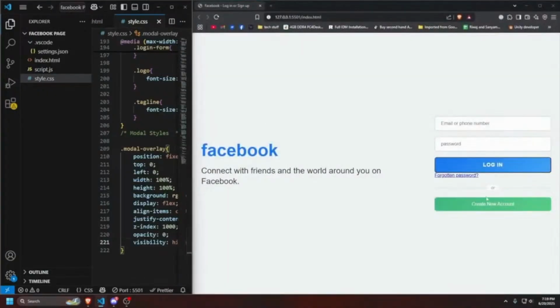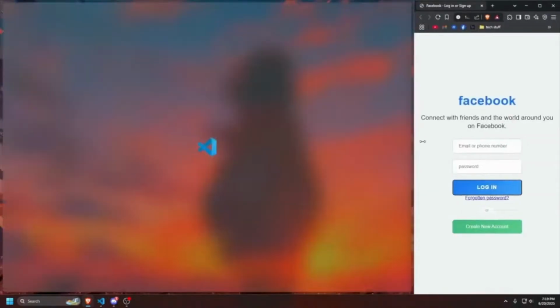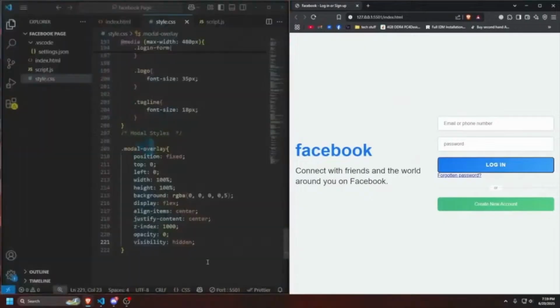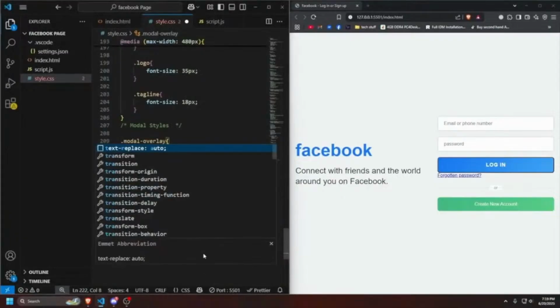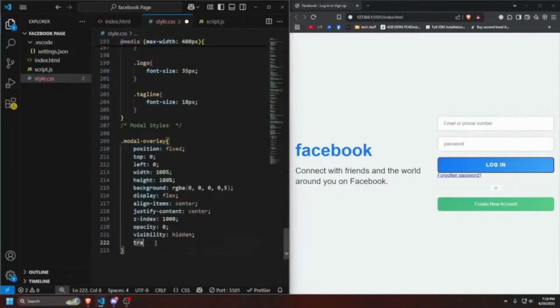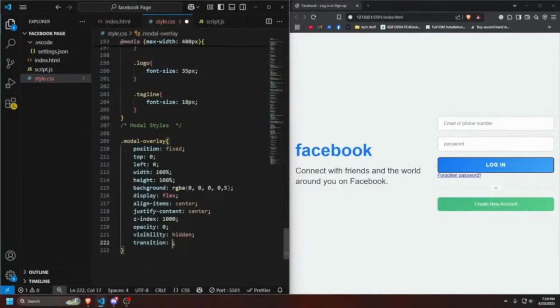Like again, this actually looks more like a login page, or an actual Facebook page. Now it's also responsive, as you can see. It's good. Now to style the transition, I have to style these, so we'll probably give a transition. Oh, you cannot see. Okay, there you go. We'll do 0.3